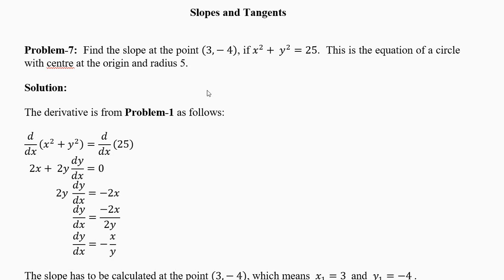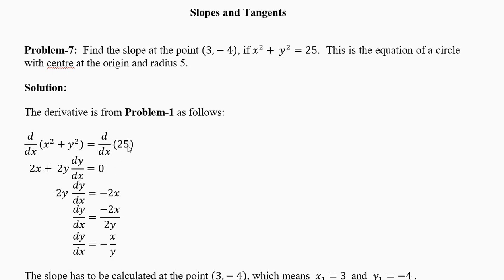Your work is to find the derivative, implicit derivative, by differentiating on both the sides and doing the algebra. You don't have to know the properties of the equation and the names of the equation, but we have to write it in the question for completeness. Now you differentiate on both the sides. There are two things on the left, x square plus y square. No need to put brackets. Derivative of x square is 2x. Derivative of y square is 2y dy by dx. And derivative of a number is 0.